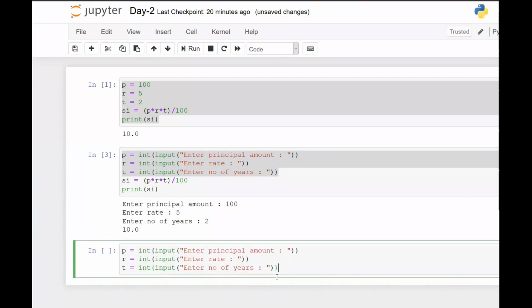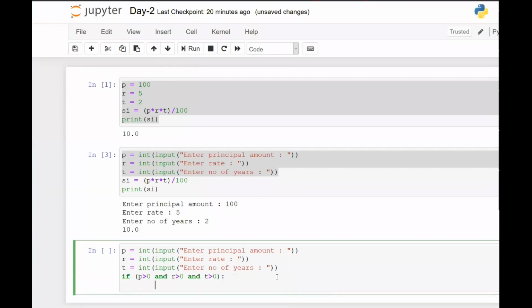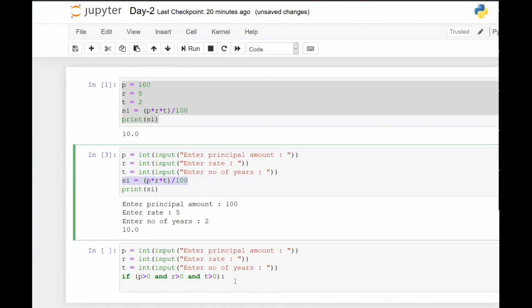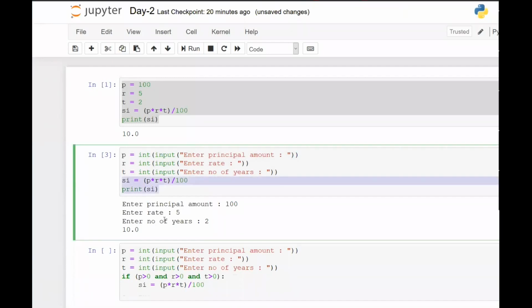And here you can say if P is greater than 0 and R is greater than 0 and T is greater than 0, then only do the calculation, otherwise don't do it. So if these 3 conditions are true, then I will compute and then I will print the simple interest.